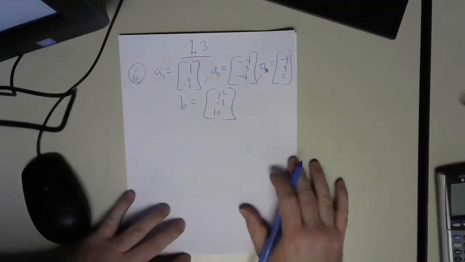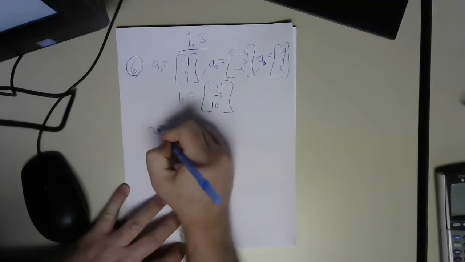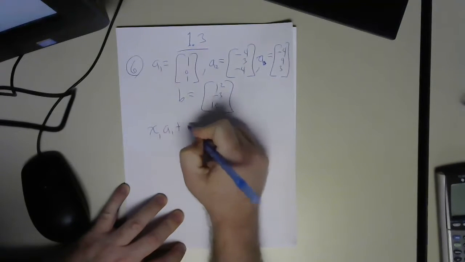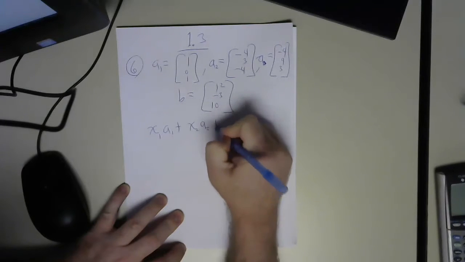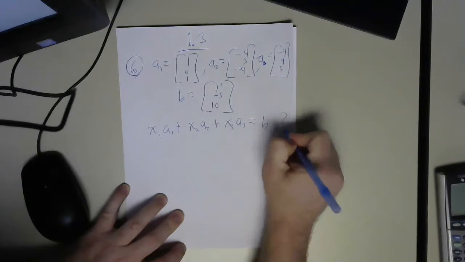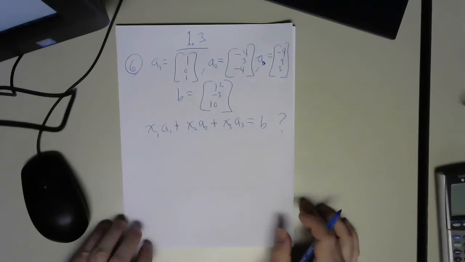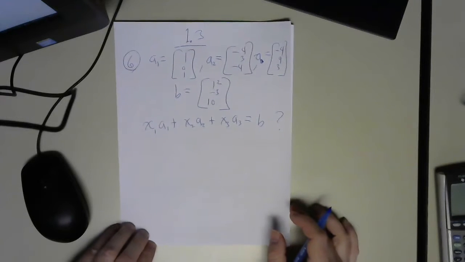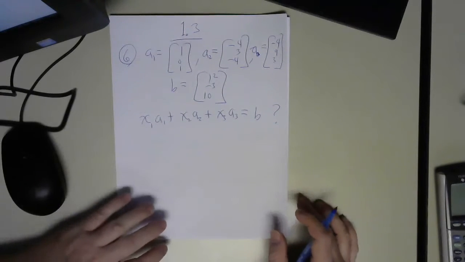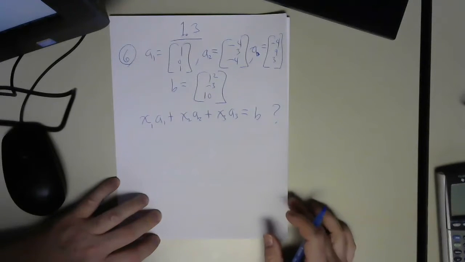And notice that that's really equivalent to saying, do there exist constants x1, x2, and x3 that satisfy this equation? Is that true for constants x1, x2, and x3? If that's true, then B is a linear combination of A1, A2, and A3, just by definition of linear combination. But I want you to see that that's really equivalent to deciding whether or not a system of 3 equations